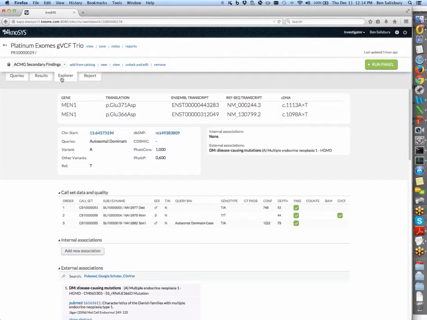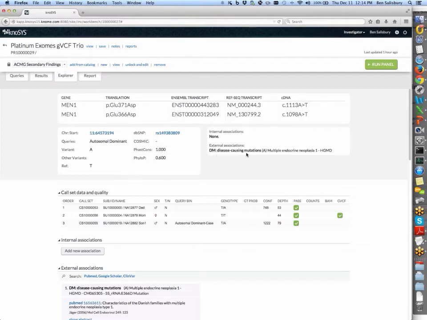So we've gone from the results table into a focused representation of the single variant. And so here we have a somewhat easier to read representation of all of that data. So here we have the gene with its 2 different translations according to the transcripts. And as you can see, we have a lot of hyperlinks within the system. So this would take us out to the UCSC genome browser or to dbSNP, and it would simply open them up in another tab in our browser. So conveniently keeping all of that information together. There's been no internal assessment of this variant yet, so nothing stored on this particular Gnosis machine about that variant.